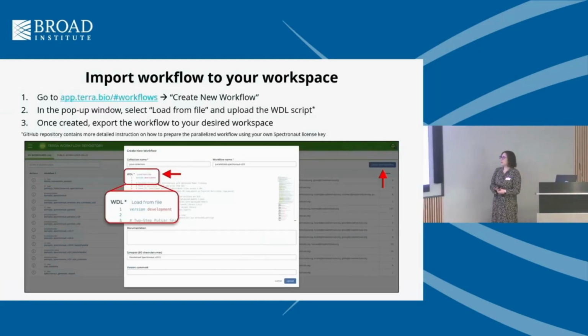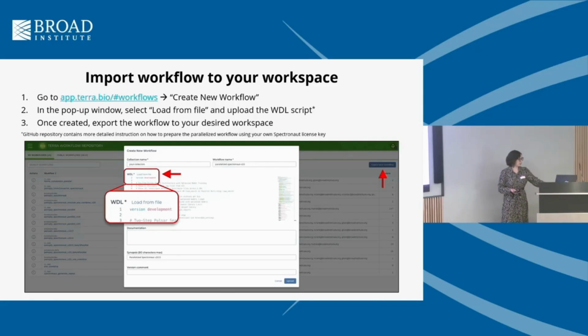So you have your workspace set up and you're ready to run Spectronaut. What do you do next? On GitHub, we have the workflow ready to go. You will just need to add your license key. We provide instructions on our GitHub on how to add your license key. It's a pretty straightforward process. And then once you do that, you upload your workflow to your workspace and you are ready to start searching